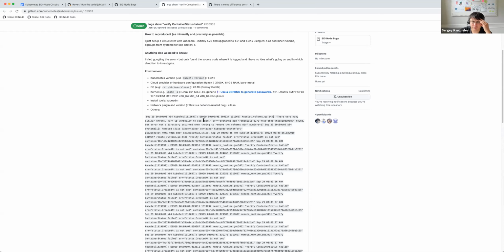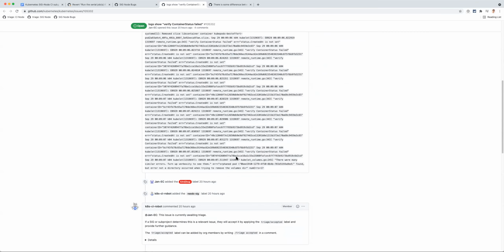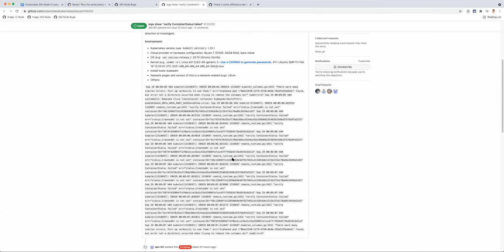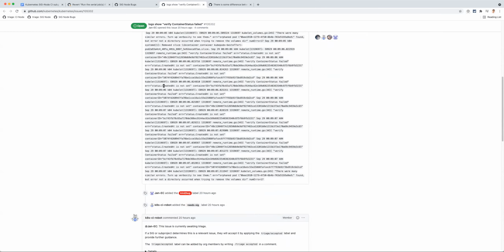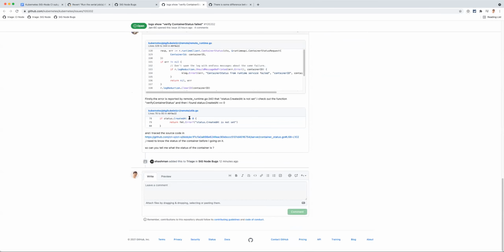Has anybody seen this message before? I have not. Yeah, but it's related to the upgrade, so I don't know how many people are really around upgrades on dev environments. Status created that it's not set.